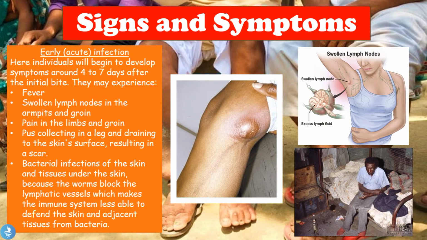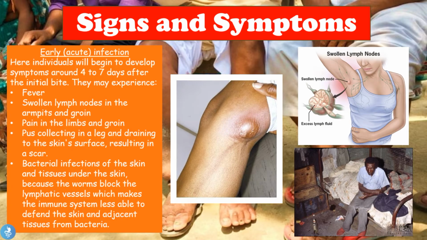So here, in the acute stage, the individuals will begin to develop symptoms around 4 to 7 days after the initial bite, and they may experience a fever, swollen lymph nodes, especially in the armpits and in the groin area, pain in the limbs and the groin, pus collecting in the leg and draining into the skin surface, resulting in a scar, and bacterial infections of the skin and tissues under the skin,